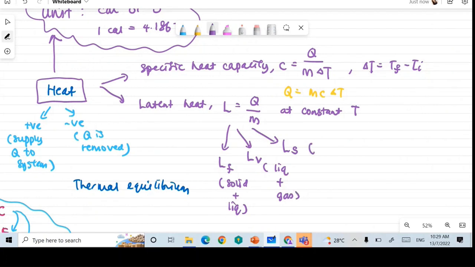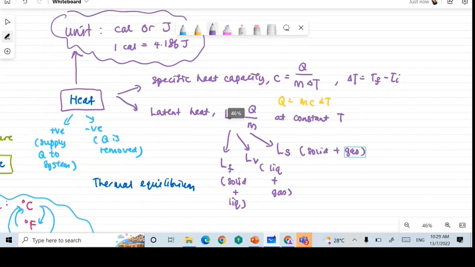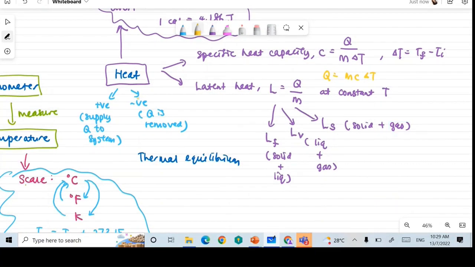Sublimation means it's a change of phase, when it involves changing from solid to gas. Right? Then only you know which latent heat you should use: fusion, vaporization, or sublimation. All right. So this is heat. Then heat can be transferred. So when heat is transferred,